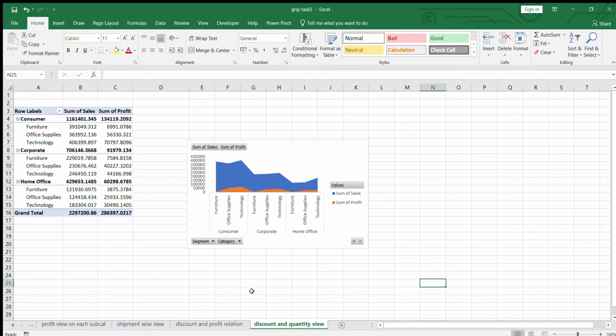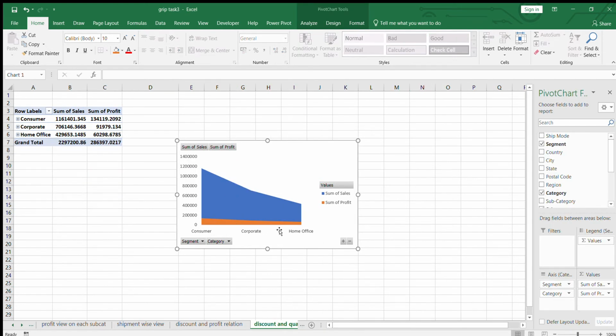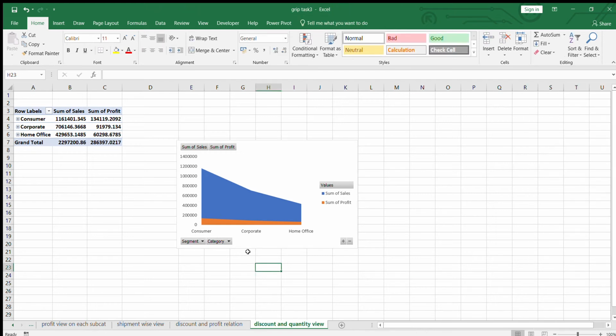Next we go to discount, then we look into the discount category, like in which category segment the customer is coming from, and the total sales and profit. We see that the sales is decreasing, then the least sales for home office, while the maximum is for the consumer, and the profit is maximum from consumer and minimum from